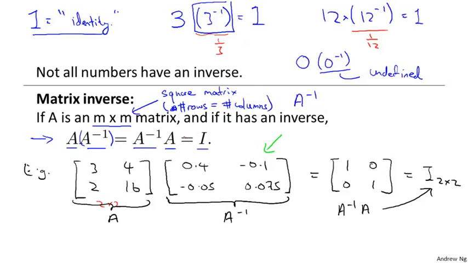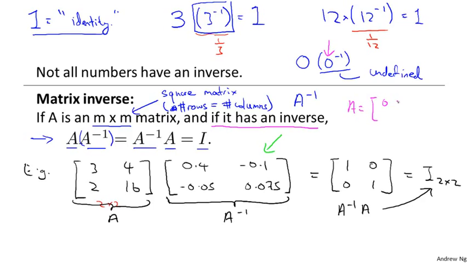In my definition of the inverse of a matrix, I had this caveat, right? First, A must always be a square matrix, but I had this caveat of if A has an inverse. Exactly what matrices have an inverse is beyond the scope of this linear algebra review, but one intuition you might take away is that just as the number 0 doesn't have an inverse,